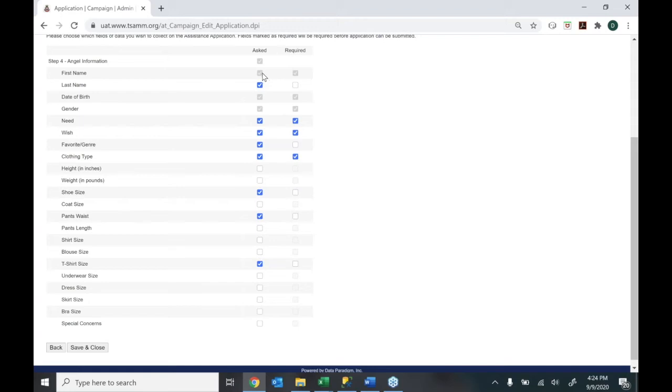So we do require the angel's first name. We don't require the last name. Sometimes people don't want to have that. As little information as you can have about people's kids, the better. So sometimes people don't even ask that, but you might. We definitely have to have their date of birth and gender because we do a lot of filtering, sorting, reporting based on that. And then the rest of these, you can decide which questions you want to ask